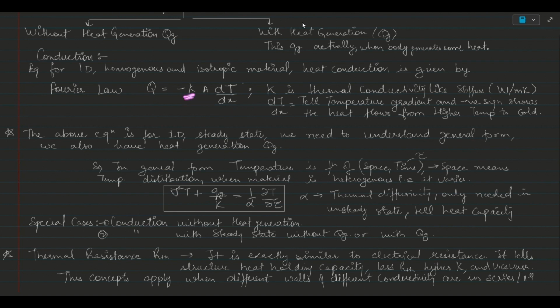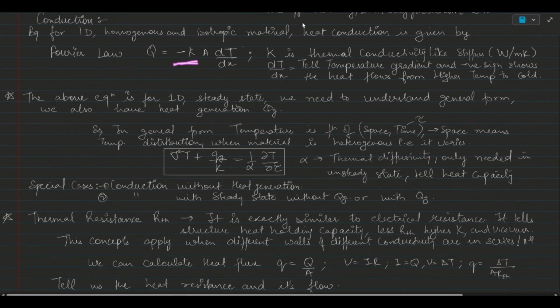This k is the thermal conductivity, and we know this with a simple analogy of electrical stuff, or the stiffness, if you remember. This k tells how much heat is conducted by my material, which means it may vary with respect to different materials. K is a material property. A is the area wherever we are dealing with our body or system. dT over dx is the temperature gradient with respect to the defined distance that we have taken into account. And then we have a negative sign. It tells that the heat flows from higher temperature to lower temperature. That's the simplest equation one should always remember.